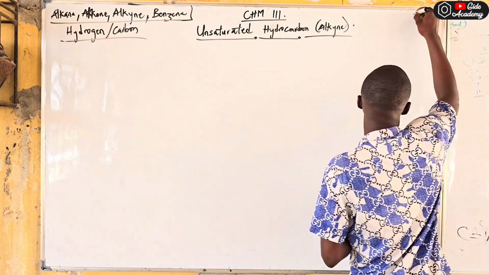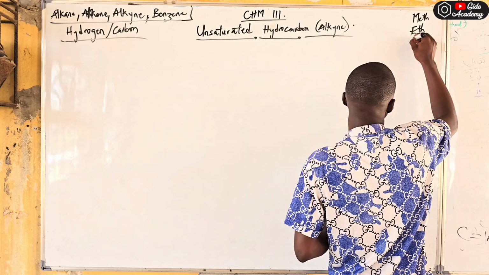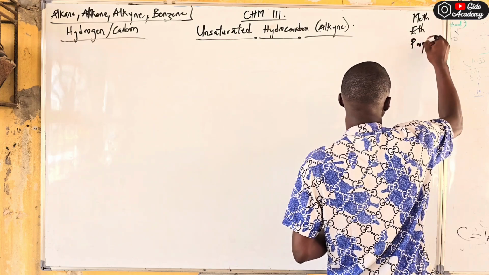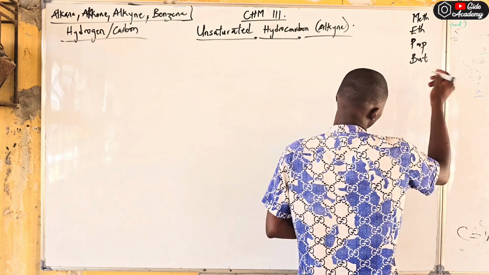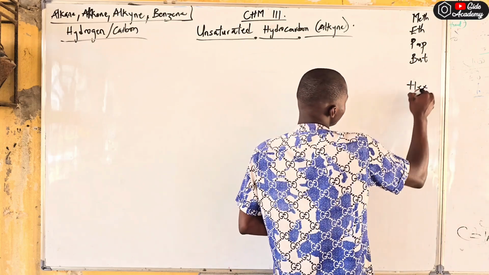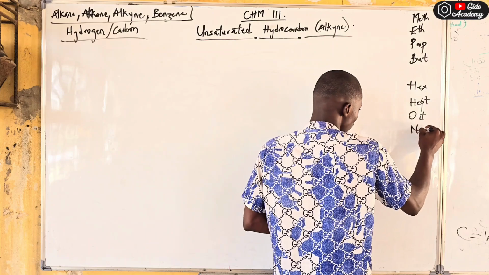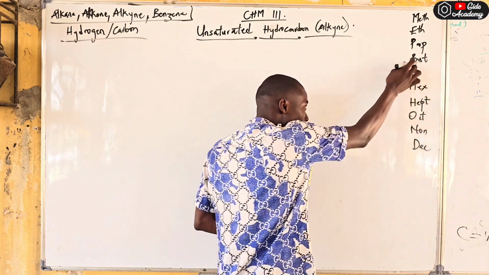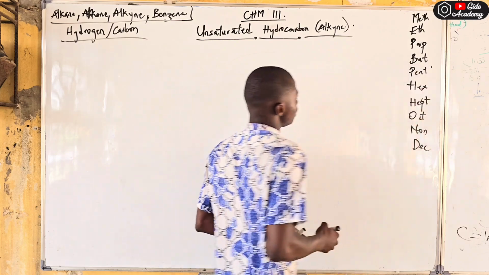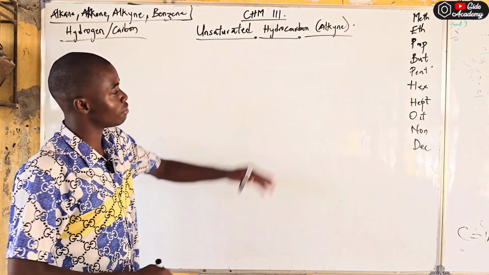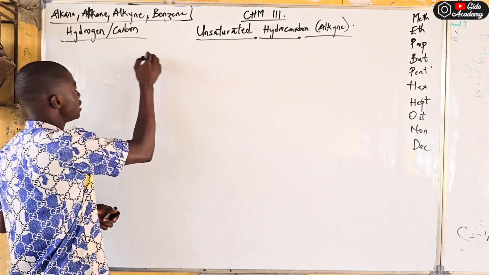Remember, like what I said in our previous video, one is meth, two is eth, three is prop, four is but, five is pent, six is hex, seven is hept, eight is oct, nine is non, and ten is dec. Five is pent. You have forgotten again and it's wrong. Please, don't forget. So the general formula for alkyne is